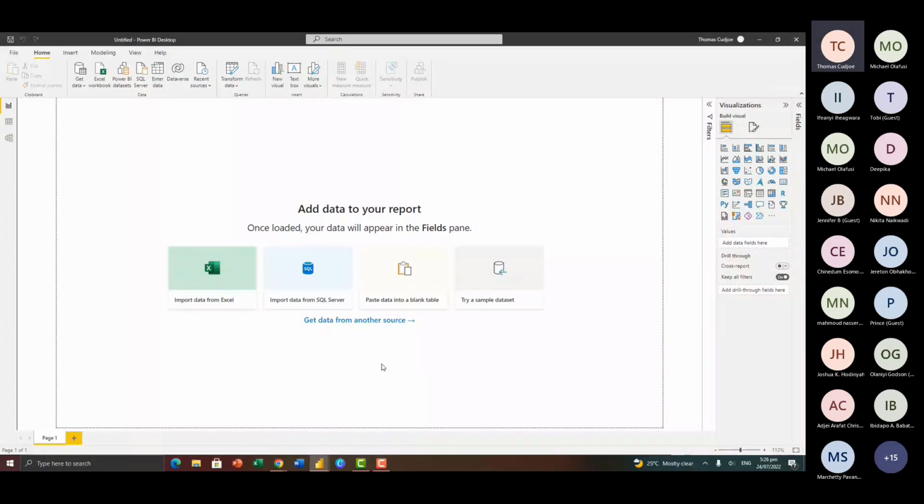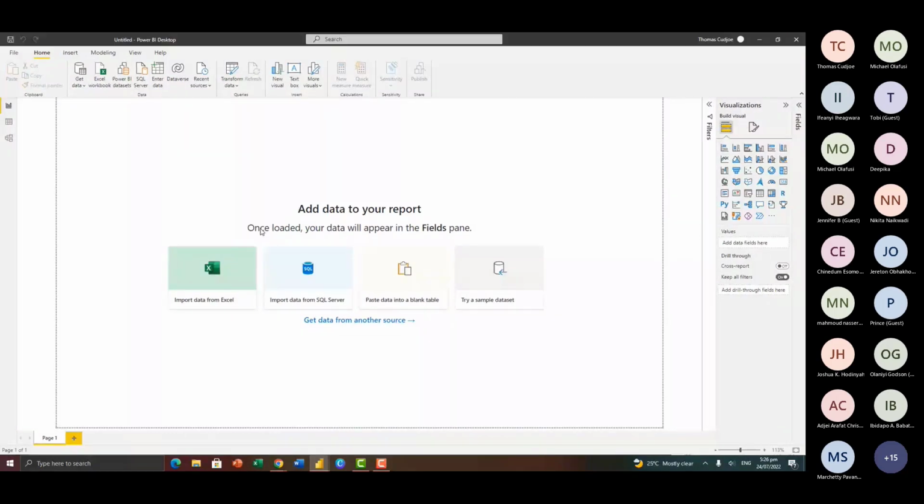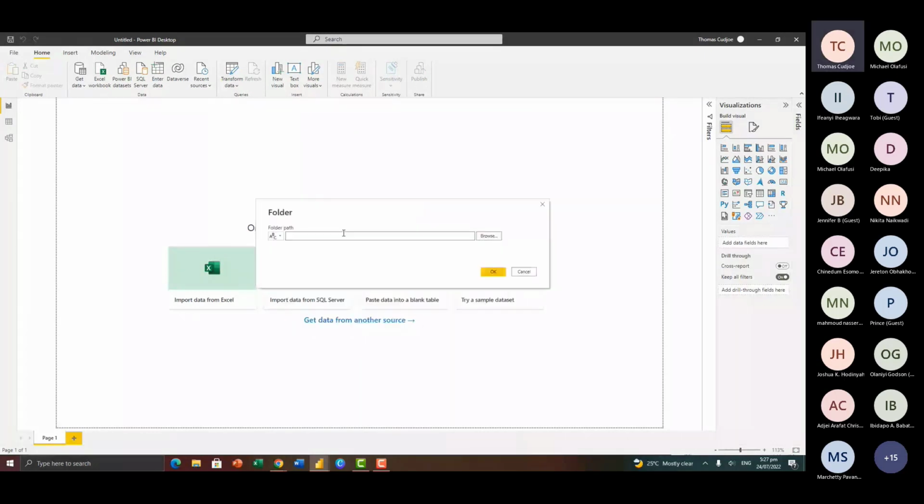So here I'll go to Get Data, and I'll go to More. And within the options that we have here, I'm going to pick folder and click connect. So I'm going to paste.